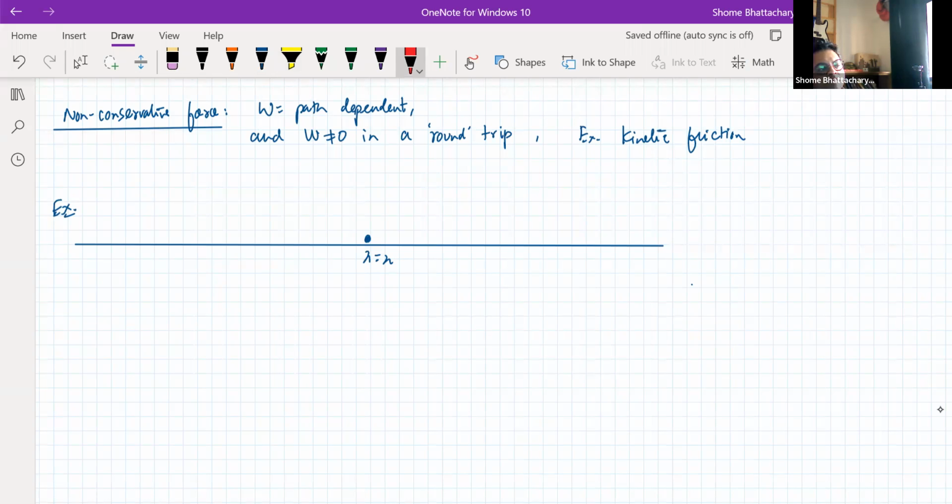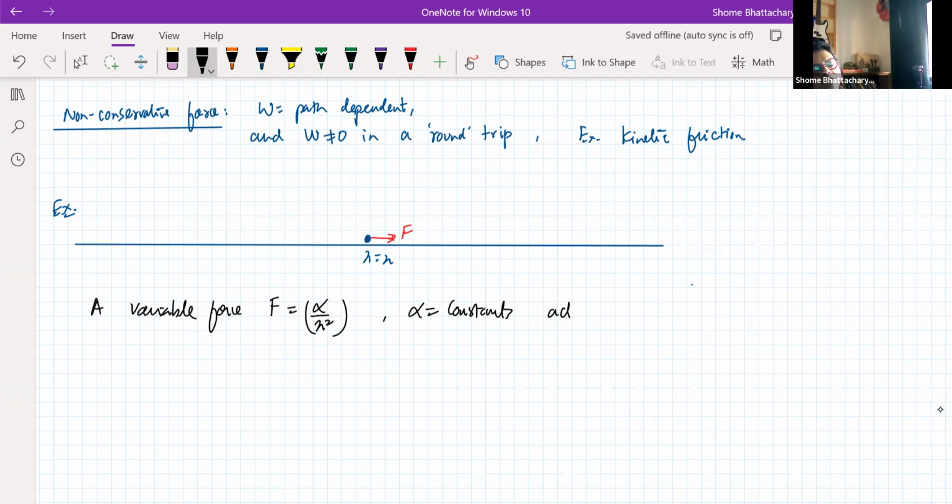So a variable force F is equal to alpha upon x square, where alpha is a constant, acts on a particle in 1D motion